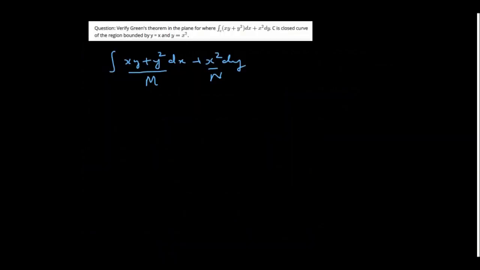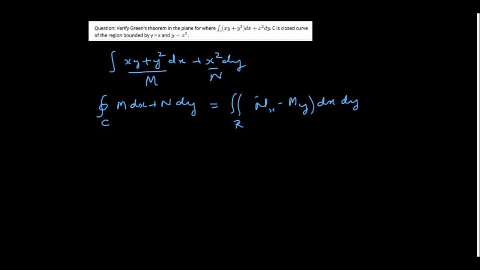So let's write the statement once again. So by Green's theorem you have integral M dx plus N dy over C is equal to double integral over R N_x minus M_y dx dy. So first of all we have to find the region and C. So let's draw the curve that is given, that is the region bounded by y equal to x and y equal to x square. So let's draw the axis first,